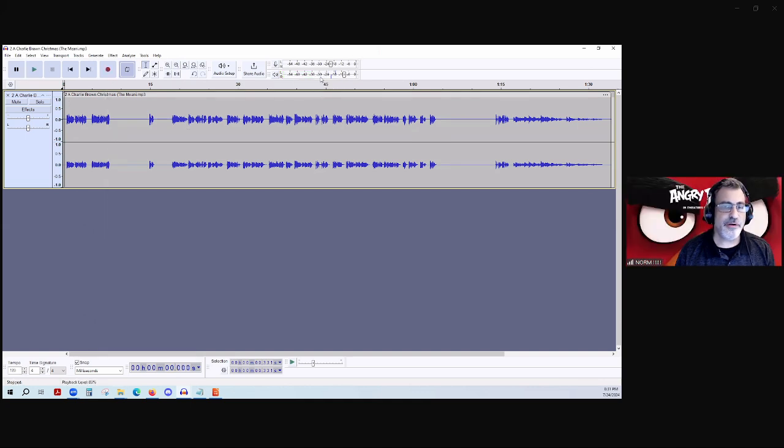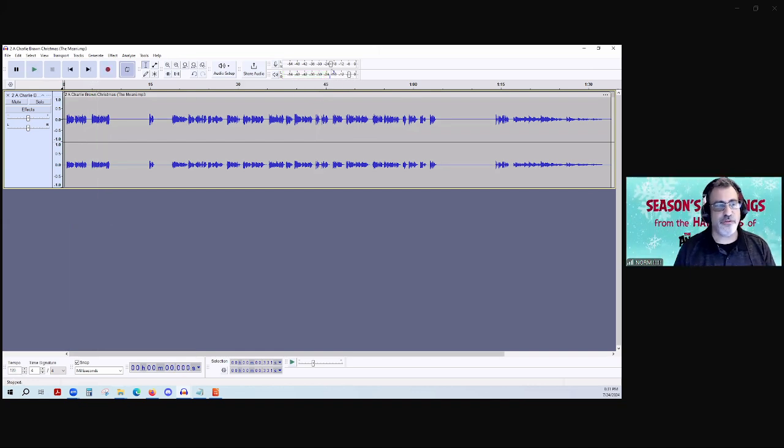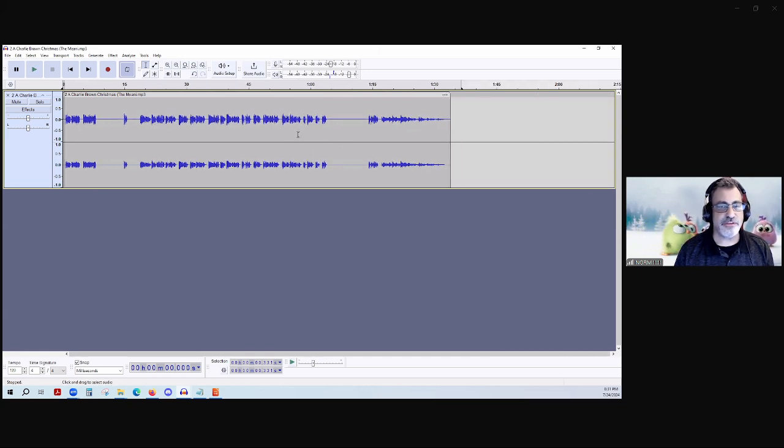Now, if you look up here at your slider, you're going to notice I'm running it at like -30, -24. If I raise my volume, it'll go up a little bit. What you really want to do, unless you're trying to get that effect, is make your audio as loud as possible. You want that noise floor to be as loud as possible so that when you raise it, but you never want to go above 0. So what I'm going to do with this, because this is the track.